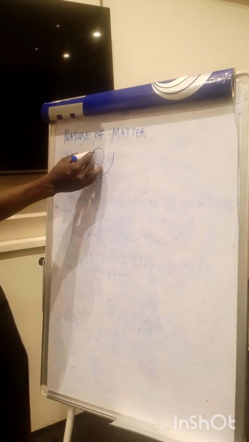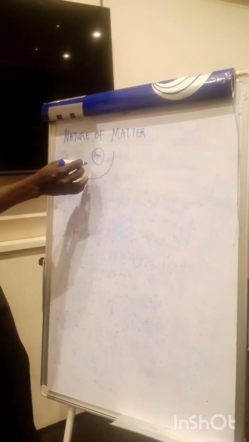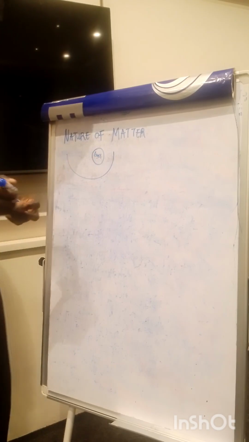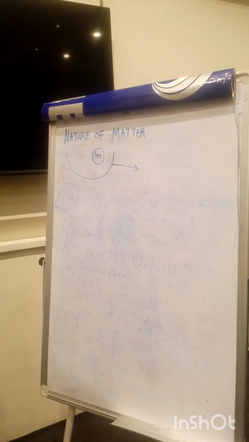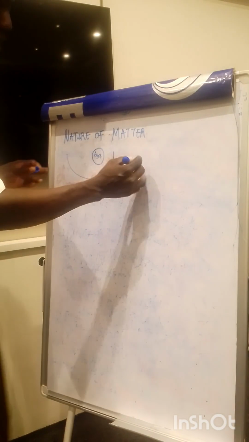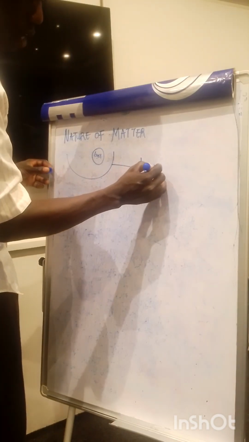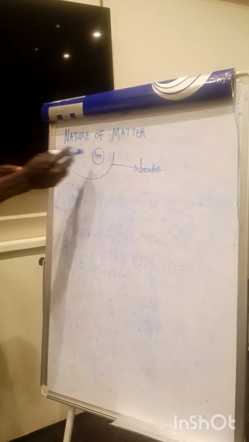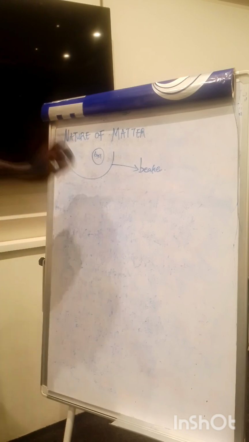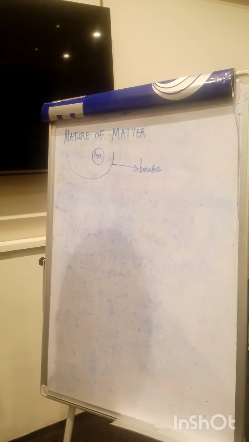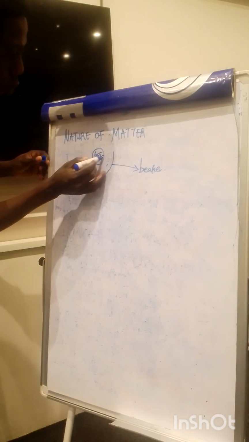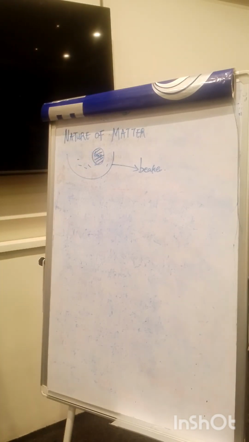Look at this. Let me call this a ball. This ball occupies a space. Let me call this the space the ball occupies, like the ball is inside a bowl. Let's talk professionally: a beaker. So if this ball is inside a beaker, then that ball is considered a matter. Why? Because the ball is occupying space, and the ball itself has what? A mass.